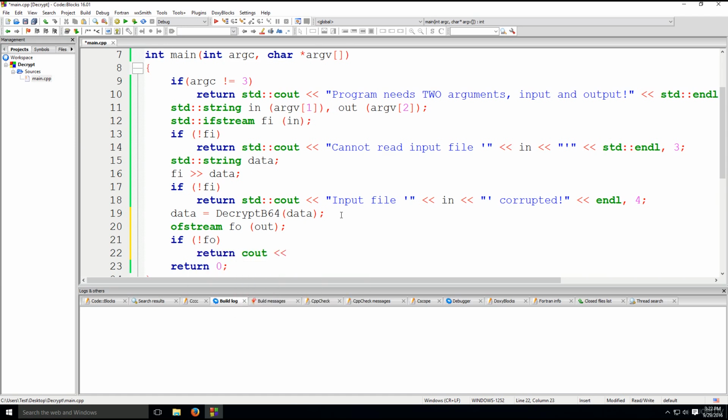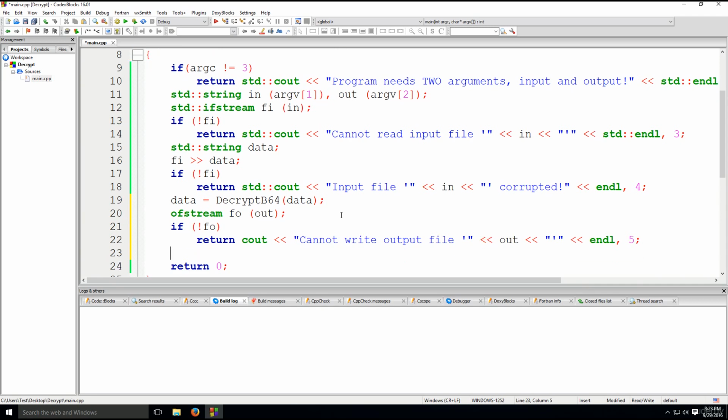We're gonna just get a C out here to know what happened. So cannot write output file. Okay. And then we're going to do out, and we're going to go ahead and get the single quote here as well, just like before, and L, and the return code will be 5. Okay. So down below,